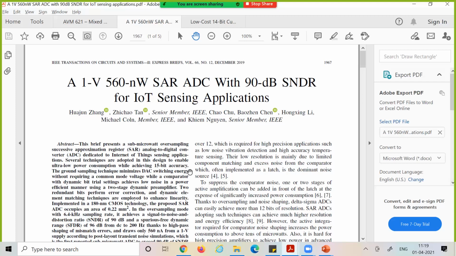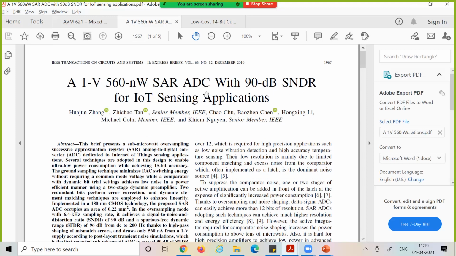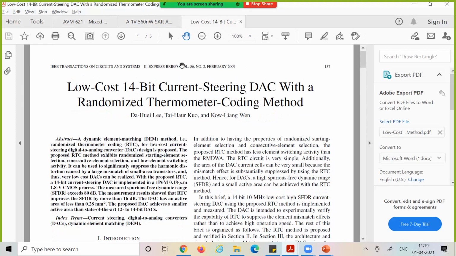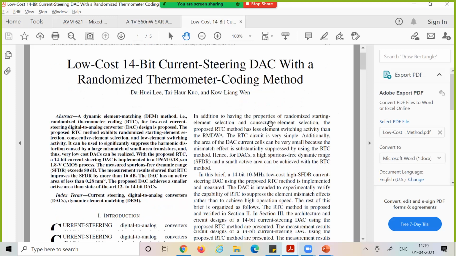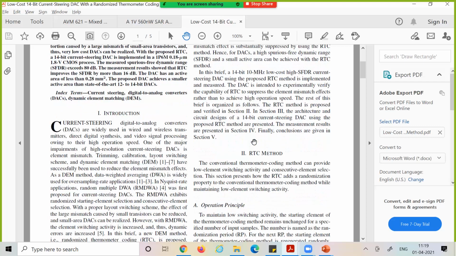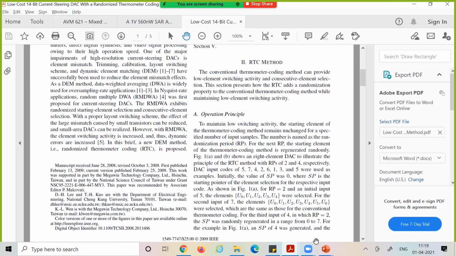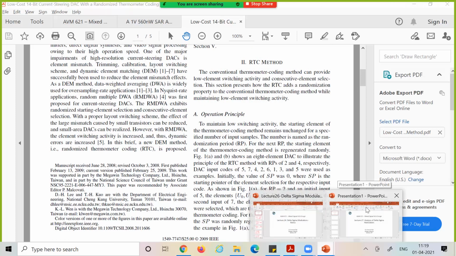Okay, all right. So this will also give you exposure to how a real product is done, and how real world chips are designed. What are the different things that they are looking at? Both are industry papers, right? Or at least one is academic-industry and the other is a fully industry paper. These are all things that have gone into products which people are selling and making money out of, right? So which is why I want you to go through them, and that will be a really good learning experience for all of you. Okay, all right, and of course for the final exam, let's see how it happens.